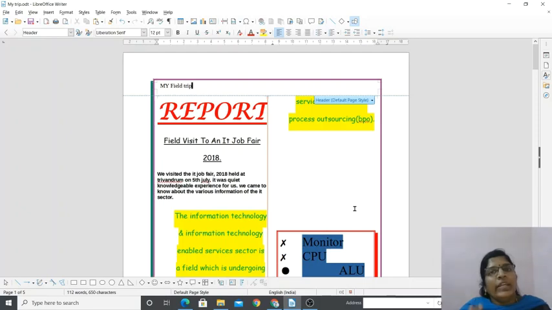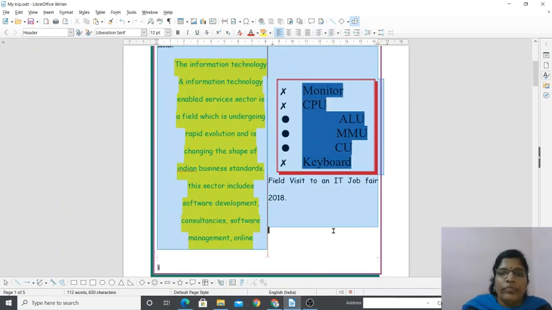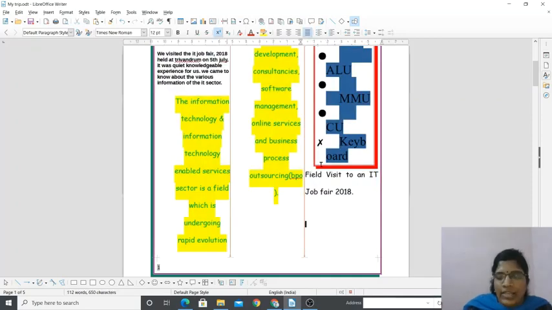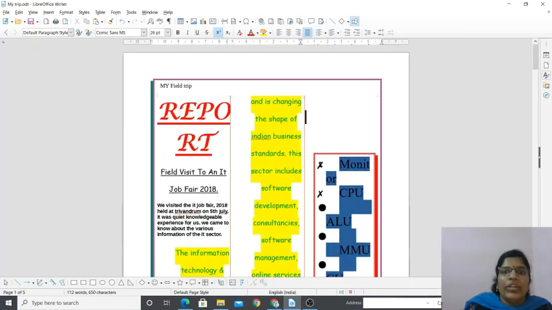You can just keep it in one column and type it. After typing you can make it into 1 or 2 columns, as many columns as you need. Let me select it again and show you. So now I selected the page. Let me go to Page Style. How many columns do I need? 3 columns. Let me increase one more. Do you see 3 columns, right? Apply. OK button. Now you can see the page is divided into 3 columns.